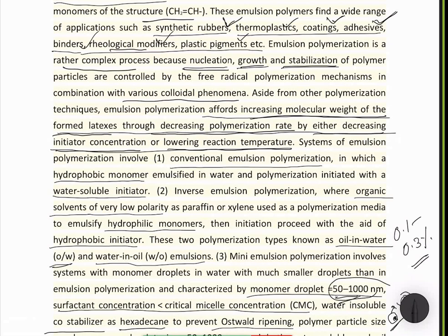So here you can see the molecular weight increment in this emulsion polymerization technique. It is achieved by decreasing the polymerization rate, and that decrement in the polymerization rate can be achieved either by decreasing the initiator concentration, because we know that once you decrease the initiator concentration, then